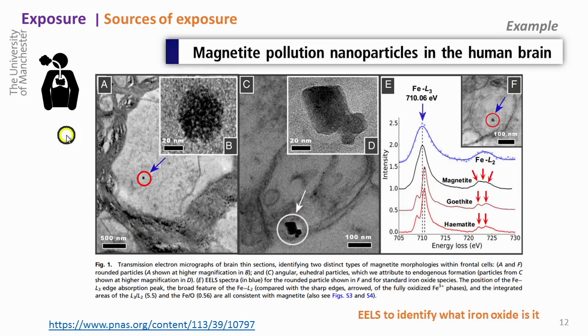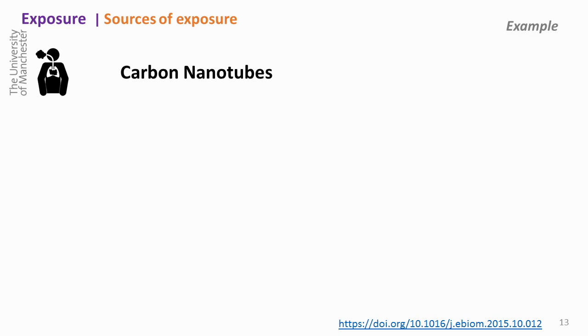And here is also an example of TEM images and EELS data where they could identify that it is magnetite and not something else. The other structures of iron oxide typically would be goethite or hematite. And they could locate it in different locations of the brain. So, yes,